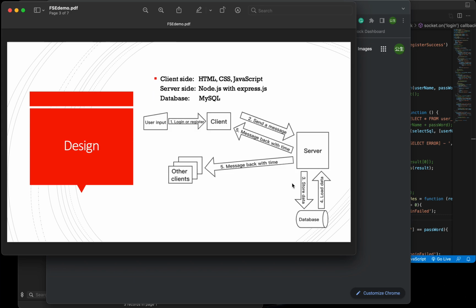Okay, here's my design part. I write front-end code with HTML, CSS, and JavaScript, and use Node.js with the Express.js framework to build the back-end server. I choose MySQL as my chat room database, and the whole procedure can be simplified as a user logs